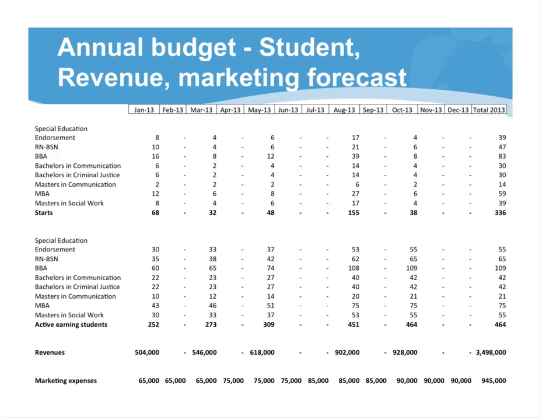Actually, even a layer above this is leads, and I don't want to complicate things too much. The next part is what we call active earning students. These are the students that are going to earn the revenue, and it's an accumulation of students that just started plus previous students, less students that drop out or graduate. That's really your unit economic driver of revenue. And then there's a cost per credit hour and number of credits that drive revenue. And below that is your marketing expenditure.